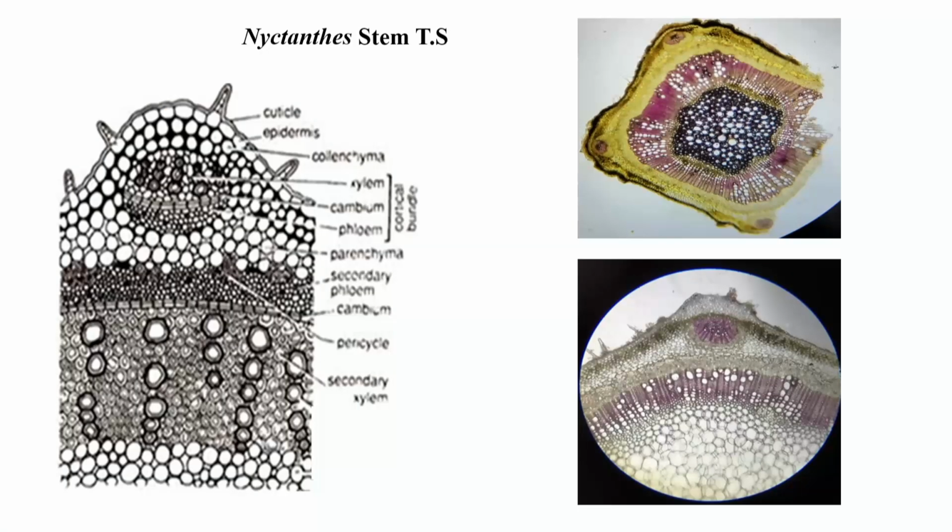Now this is just the cellular diagram to tell you how this whole structure will actually look when you observe it under a microscope. See, this is the transverse section of a stem which I had prepared for your understanding. This way you will cut a very thin transverse section of the stem, and then you will